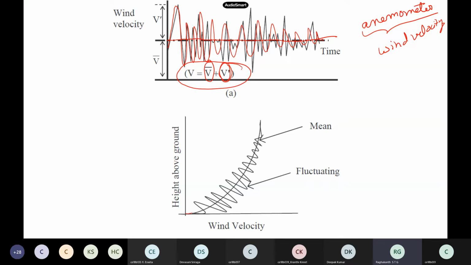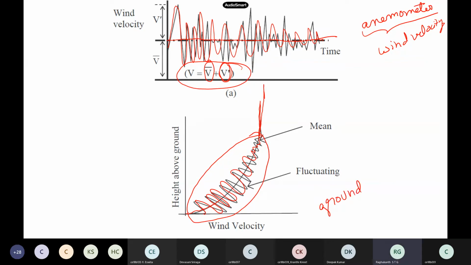So you will see this type of actual wind profile. Of course, it oscillates like this, it is wavy in nature. And finally, as the height increases, the waviness decreases and it becomes more or less constant. Okay, so why does this happen? Why are you seeing a variation in the speed very close to the ground?